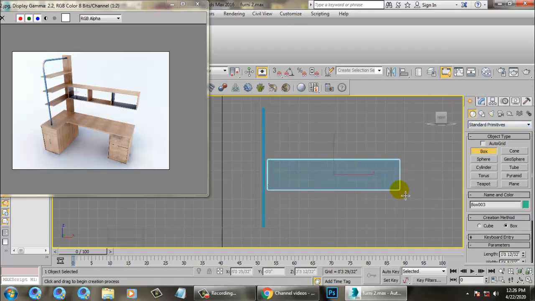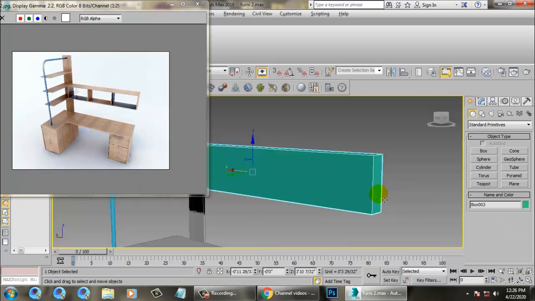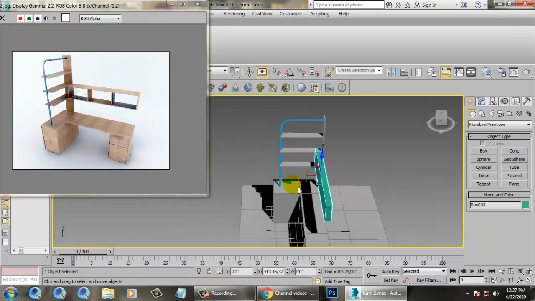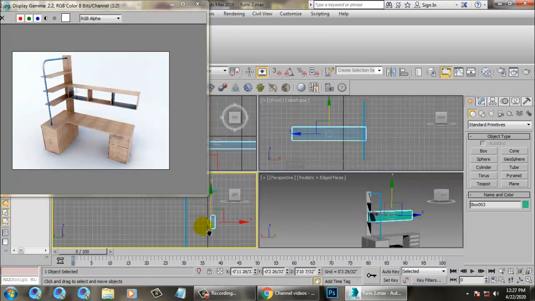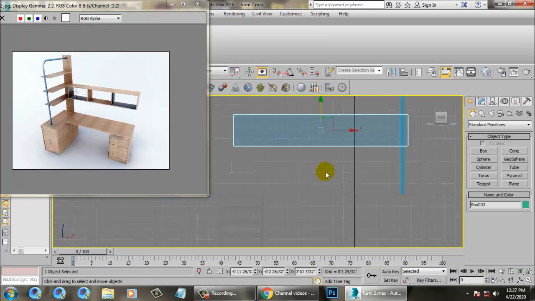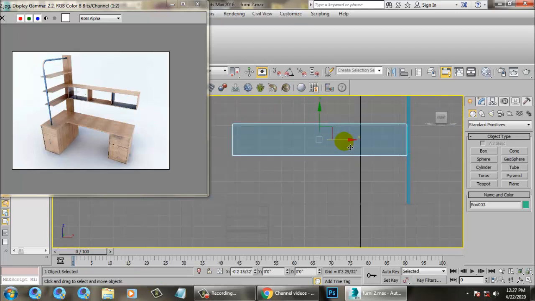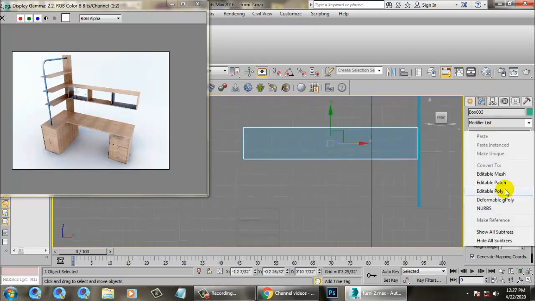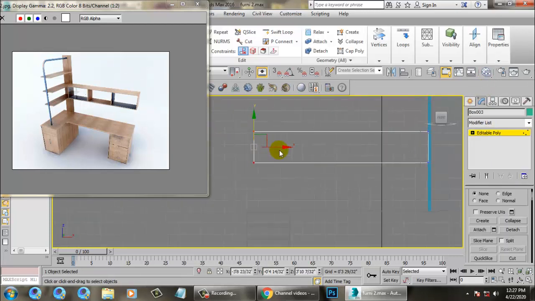and take a box. Let's take a box on the other side. After taking a box over here, let's just adjust the box accordingly. Adjust the box and convert to editable poly.